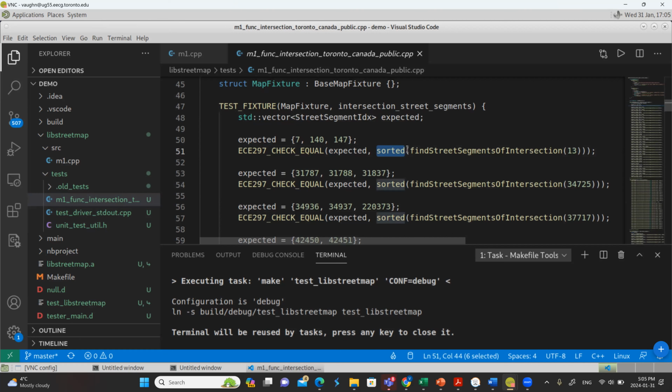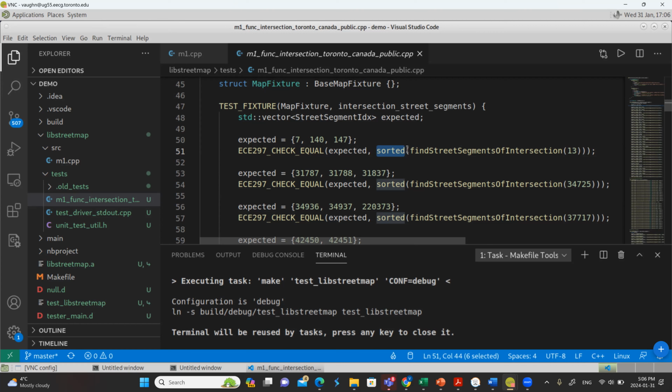But what if you just wrote your loop the opposite way or did it in some different way? Your answer basically meets our specification because we didn't tell you any particular order for these street segments. We actually don't want to tell you any particular order, or it doesn't really make sense. But then we need to make sure that our test will pass no matter what order you return these in. And an easy way to do that is we'll take whatever you return and sort it, and all our expected answers are already sorted. Does that make sense?